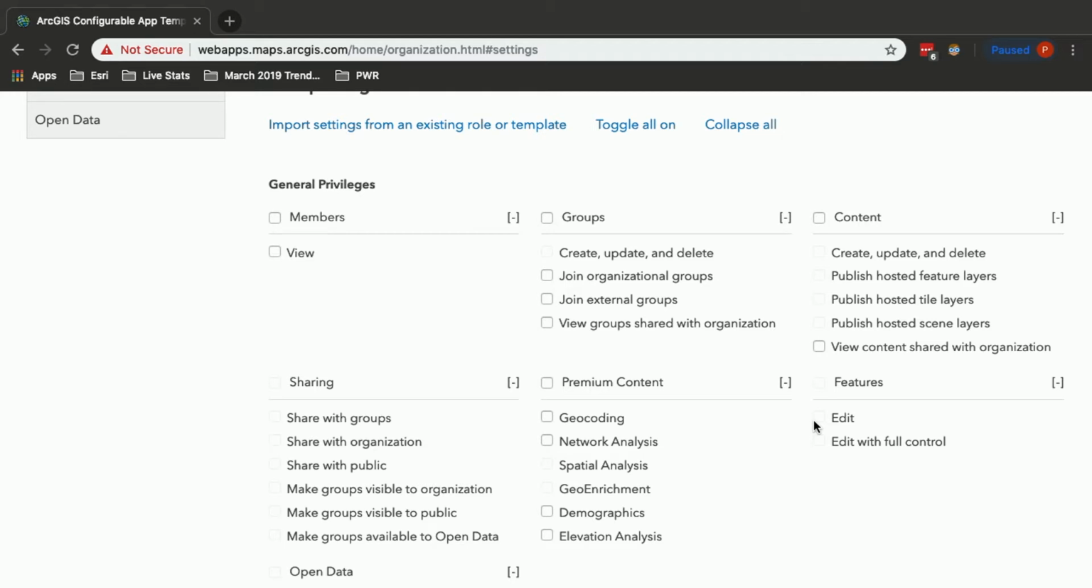So would you have to check those boxes for them to have those privileges? Yeah, so the way that a role is created is